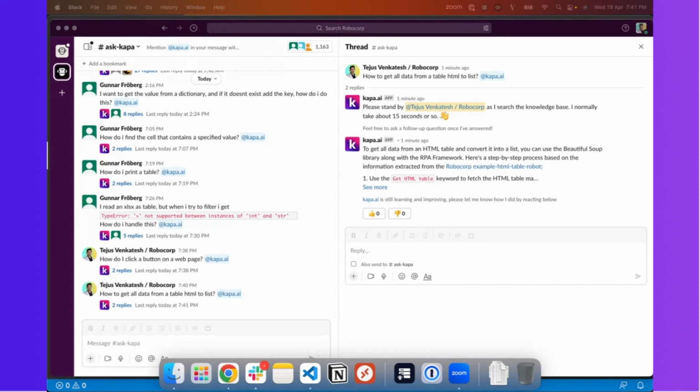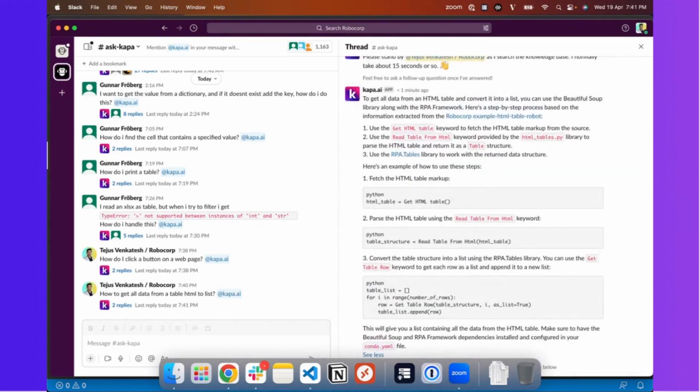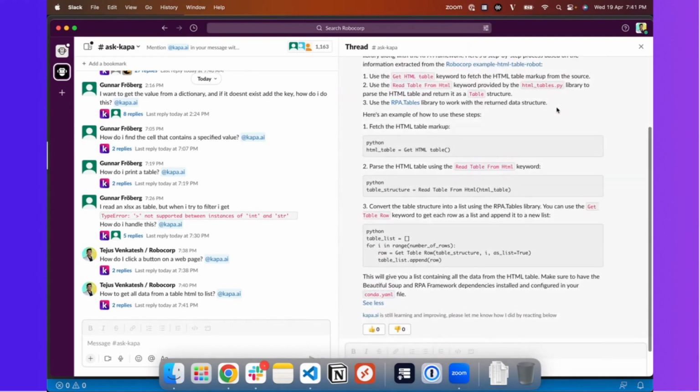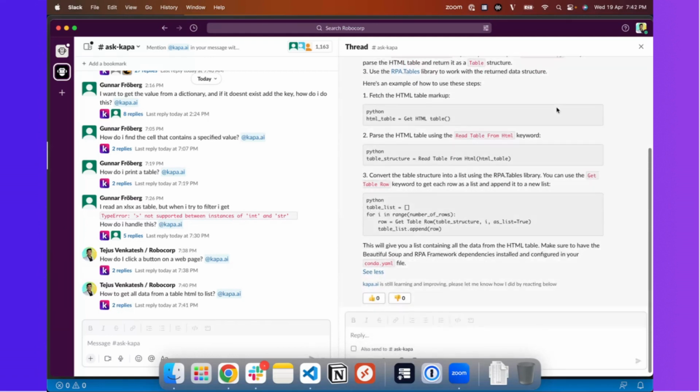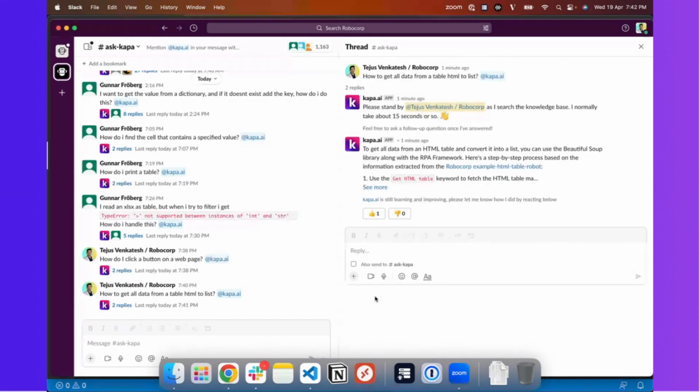To get all data from an HTML table and convert it into a list, you can use the Beautiful Soup library, and this is a further example. It lists out the flow in which you have to do it, with a logical explanation, and also some code examples that can help. Looks like a decent answer, and I say thumbs up.